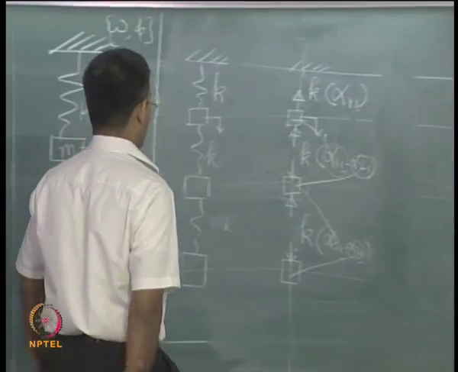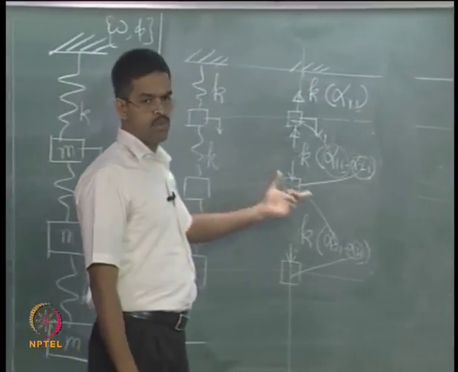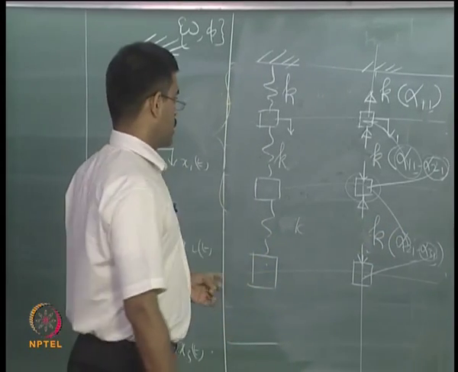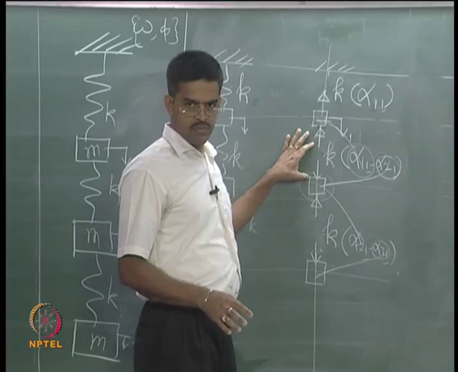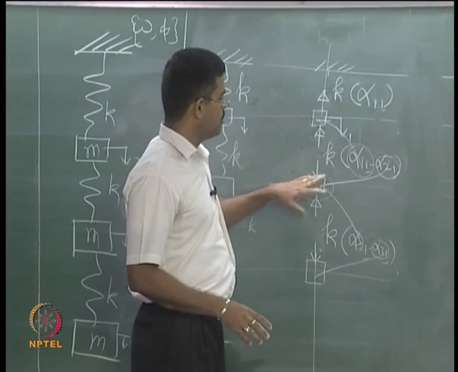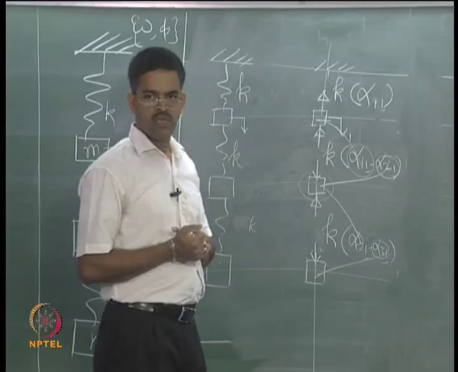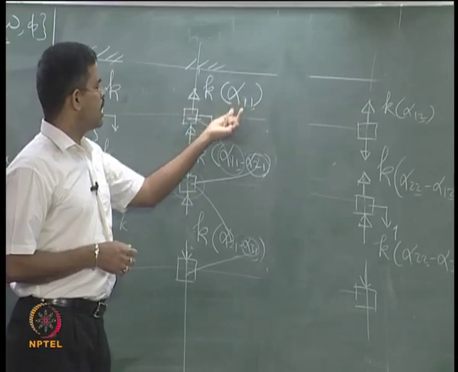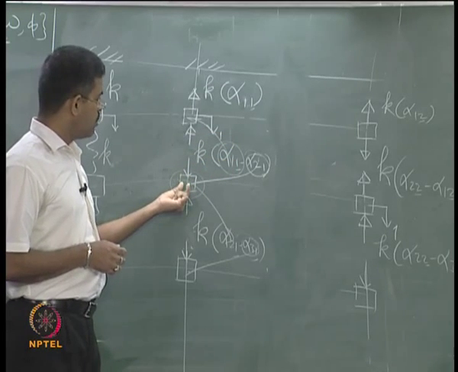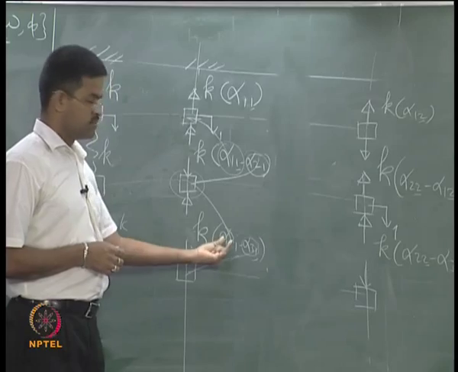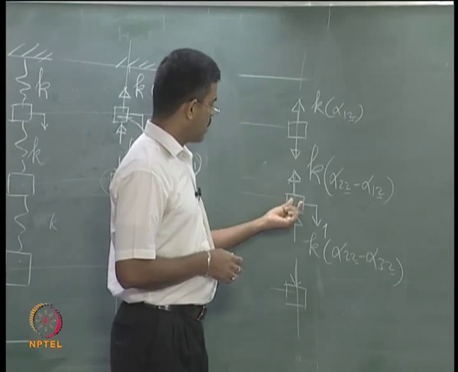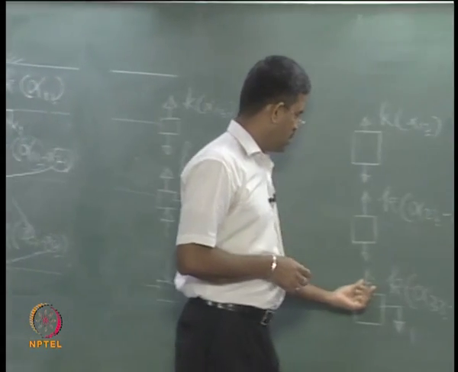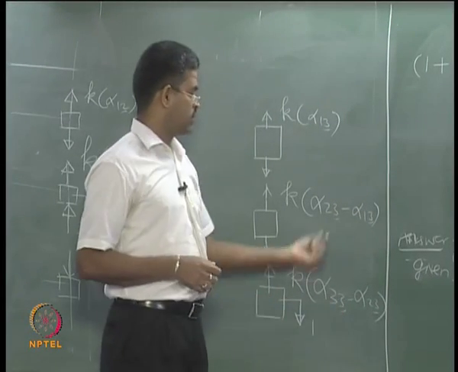I can do this for n number of degrees very comfortably. I am using only a simple free body diagram. The confusion will be only with the arrow directions, or you may remember the arrow direction correctly, you put these coefficients reverse. Once again I repeat, start taking this, put these values first. When you write here, put these values first. When I move here, when I am giving this value, put these values first. When I move here, when I am giving displacement, put these values first, and so on.